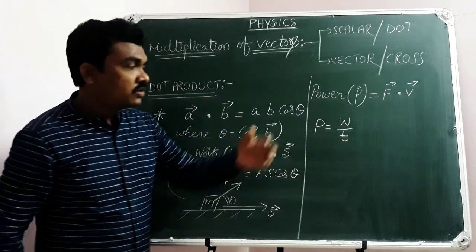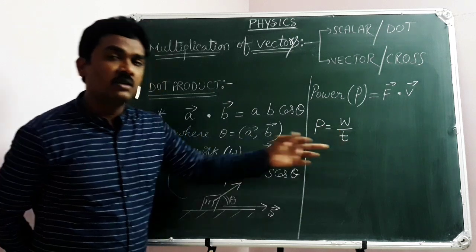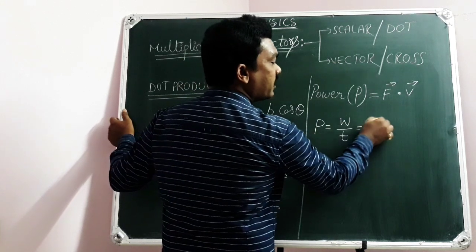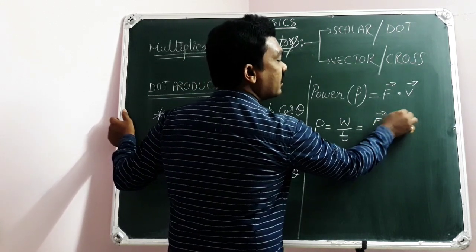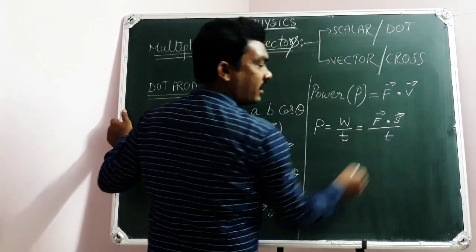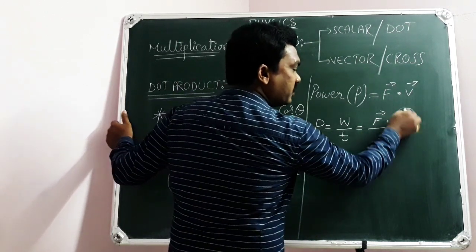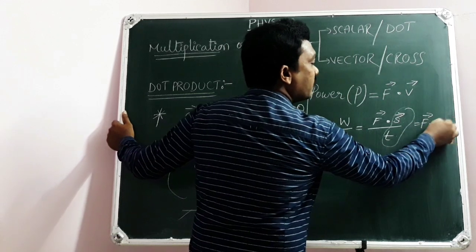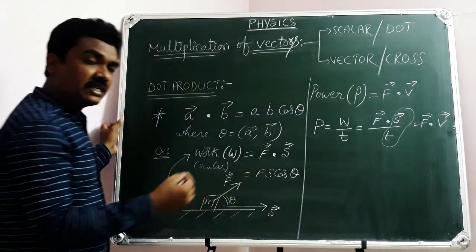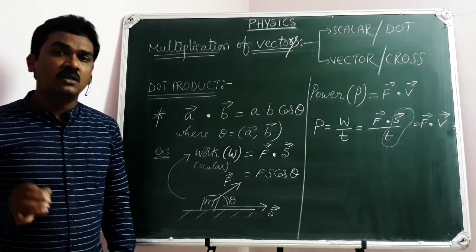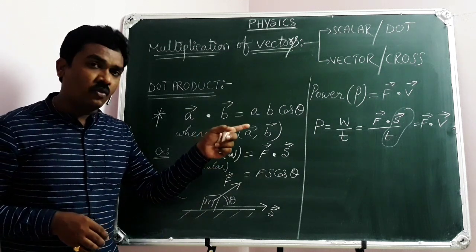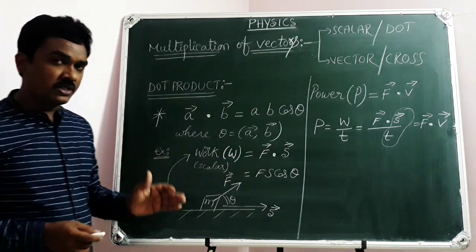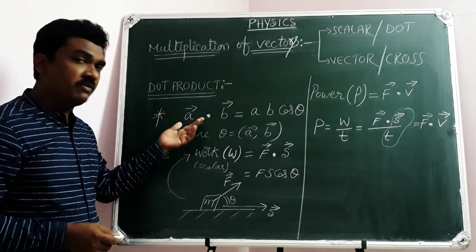Ratio means comparison. So when you are comparing the amount of work done with the time, then we define it as power. You know very well here, W is the dot product of force vector and displacement vector, divided by time, which is a scalar. Let me attach the time to displacement. Then here F bar dot S bar by T, displacement by time will give velocity. So power is an example for scalar product or dot product, which is the dot product of force vector and velocity vector. So here I have given two examples in physics connecting with the dot product in vector algebra.